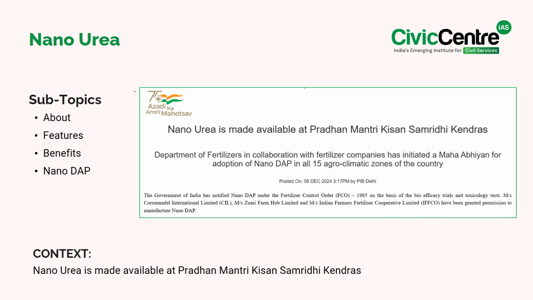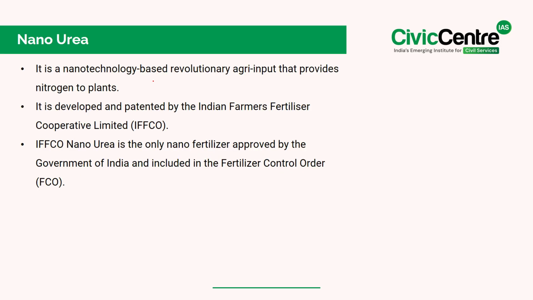The next article talks about the nano urea and nano DAP. In this context, we'll talk about it. See, firstly, talking about nano urea, it is a nanotechnology based revolutionary agri input that provides nitrogen to plants. Know that it is developed and patented by Indian Farmers Fertilizer Cooperative Limited, in short called the IFFCO. Furthermore, the IFFCO nano urea is the only nano fertilizer approved by the Government of India and included in the